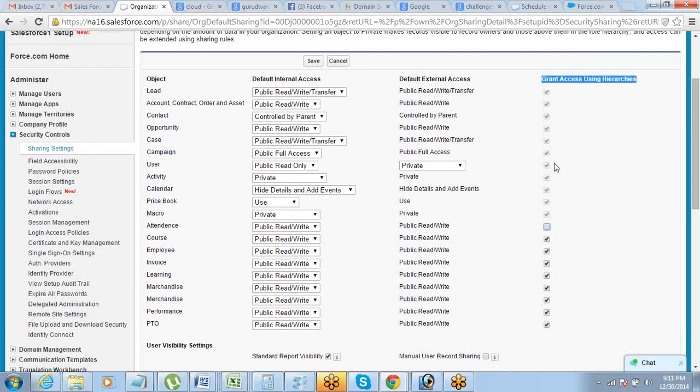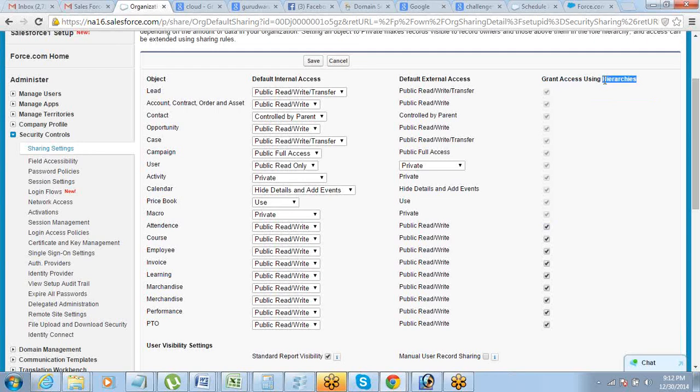Fine. So this is just one aspect. There will be more aspects to this, but I think we are clear on this, right? So what will happen? My manager will get to see my data because we are giving the access through hierarchies. It's not that if Sneha is a manager, she will see everyone's data.